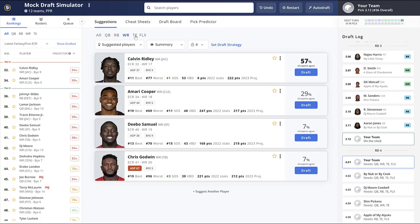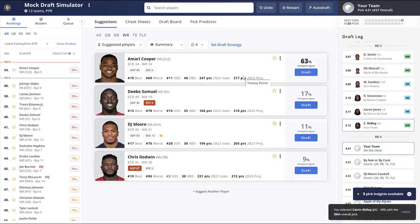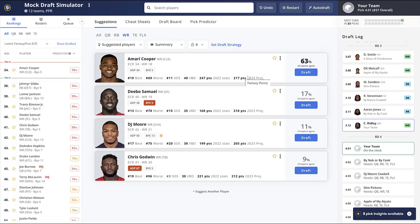I'm going strictly wide receiver, and the two guys that I have ranked the highest would be Calvin Ridley. So we add Calvin Ridley to the squad. And then I'm between Amari Cooper and DJ Moore. I'm going to lean Amari Cooper here. To me, he is on the better passing offense with the better passing quarterback. So he gets the edge here, even though I also think that DJ Moore is going to be a fine